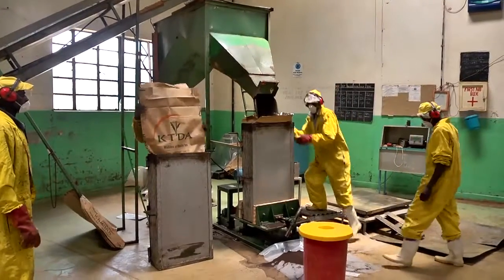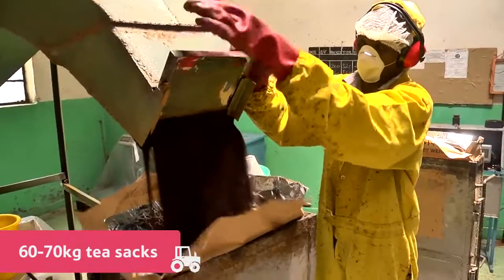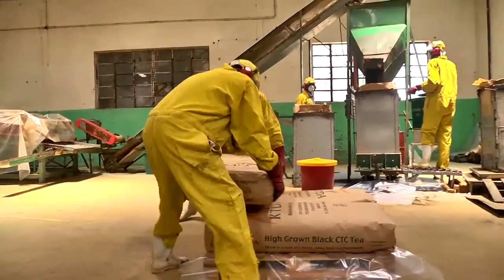Once the tea has been processed, it is loaded into 60 to 70 kilogram tea sacks. They are lined with silver foil to protect the tea from absorbing moisture. Then they are